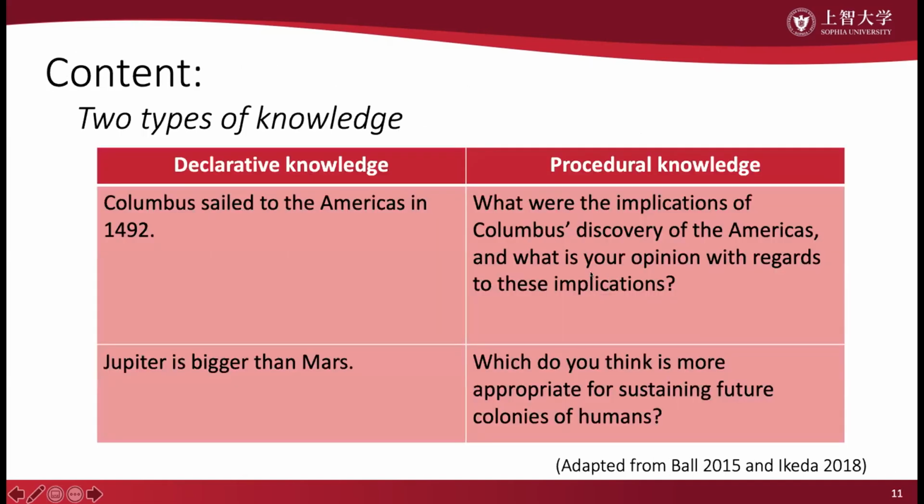So let's go through a few of the 4C's principles in a little bit more detail, starting with content. Content consists of two types of knowledge. We have declarative knowledge and procedural knowledge. Declarative knowledge is textbook knowledge, so factual knowledge. And procedural knowledge is how knowledge is used in real world applications. So usually as a kind of springboard for something else, for something in context where, for example, opinion might be important. And both types of knowledge are important, but the emphasis in CLIL is more on the procedural knowledge.